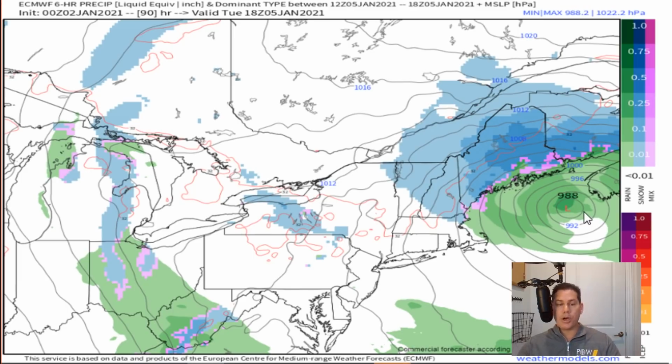And as this sits over water for an extended period of time, this will deepen, and it'll also deepen the snow showers into the interior region. So I do start to get some heavier snow into a good chunk of Maine. I think this is going to be a big event for you guys in Maine coming up